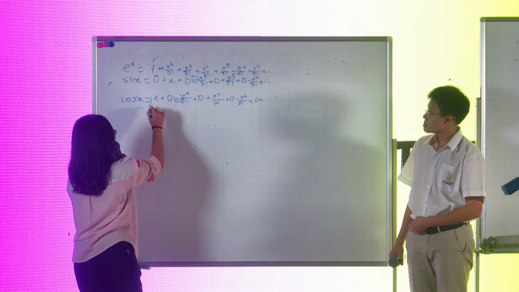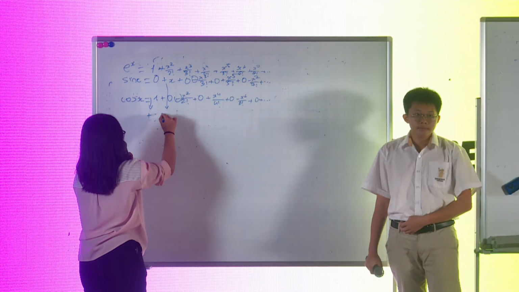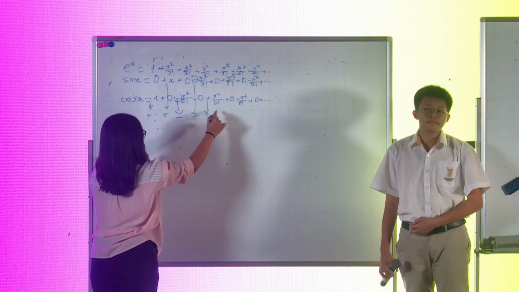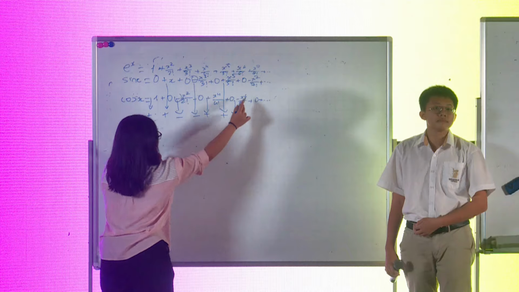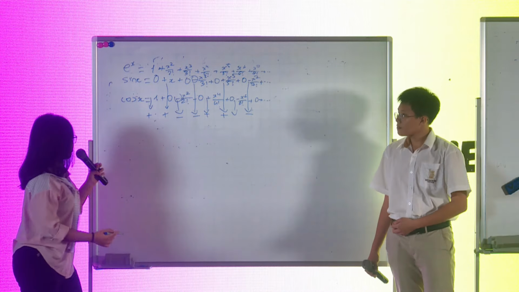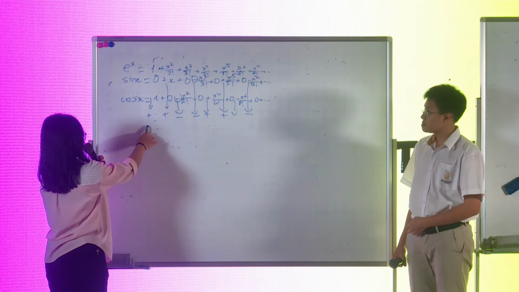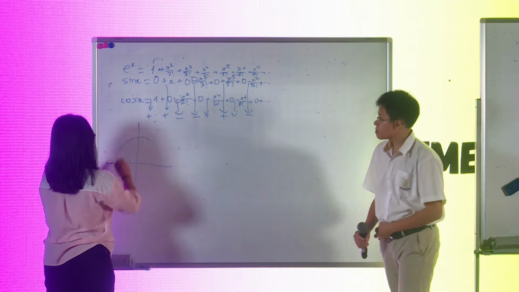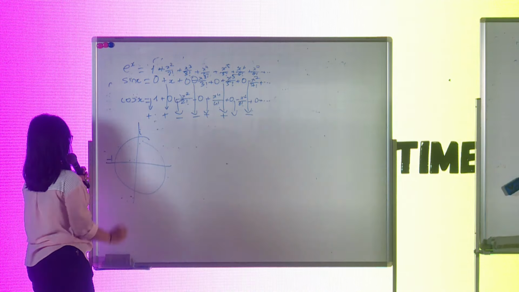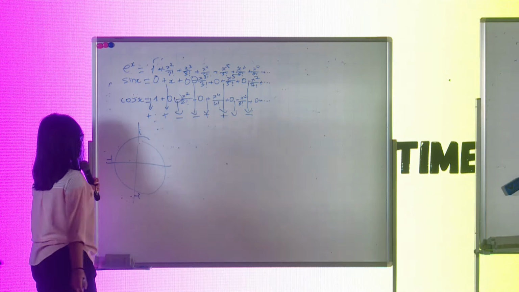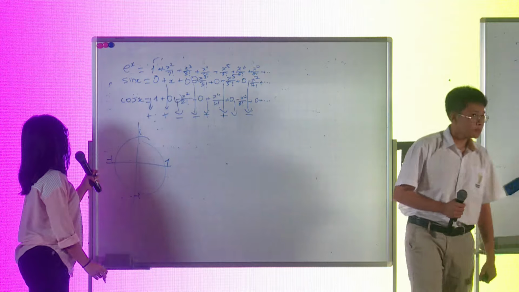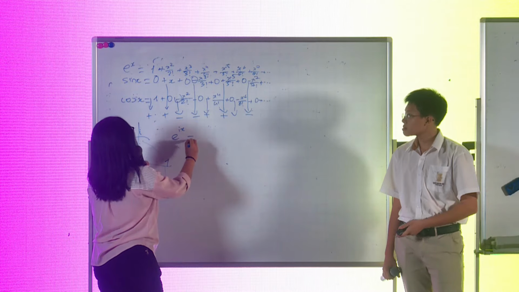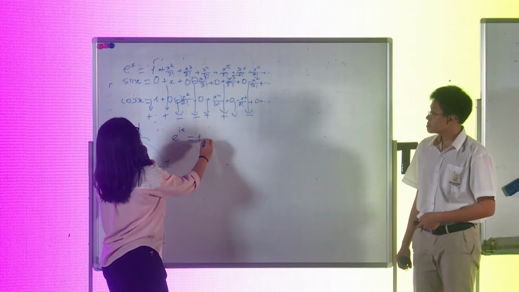If we pull this down, we can see that there's a pattern going. It goes like positive, positive, negative, negative, positive, positive, negative, negative. So it's a four-term cycle pattern where it goes like this. So then to change this, we will use the complex number i, where i to the power of 2 is minus 1, i to the power of 3 is minus i, i to the power of 4 is 1. So now let's change e to the power of x a little. We change it to e to the power of ix, which would then be equal to 1 plus